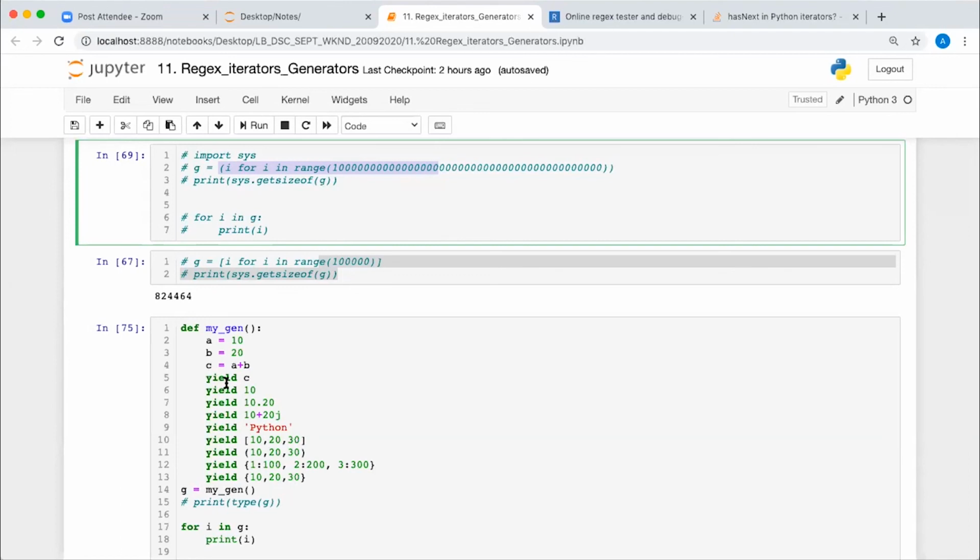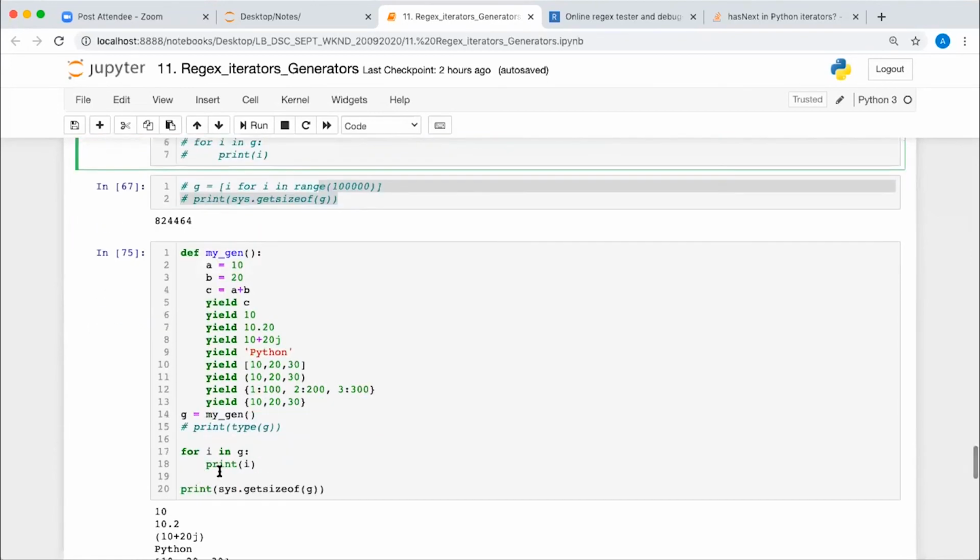Now, the speciality of the yield statement is that it remembers its state where it left off. Whenever you are running the loop, it will go inside this, execute this statement once, and then from the yield statement, it will start yielding the values. So the first value it has yielded is C. It will yield 30, then it will go back and print 30. Then again, when you come into the loop, it will come back to the generator. It remembers that I left at line number 5, so the next line I have to execute is line number 6. It will yield 10 here.